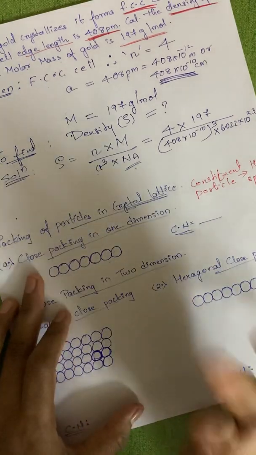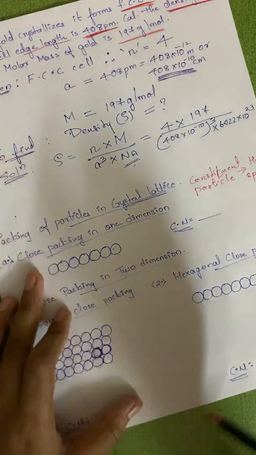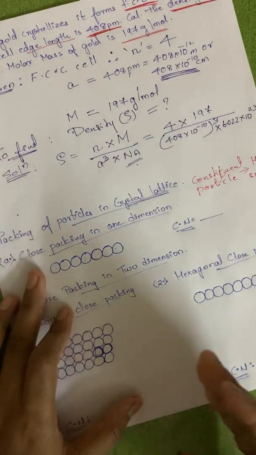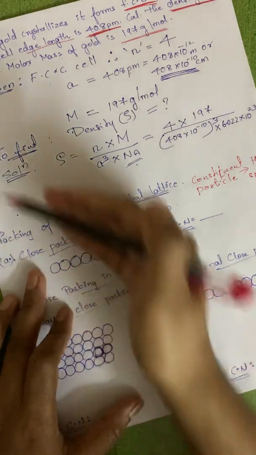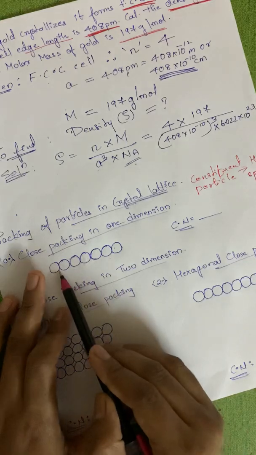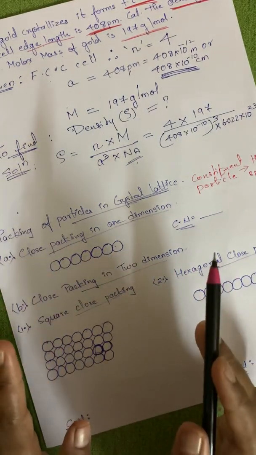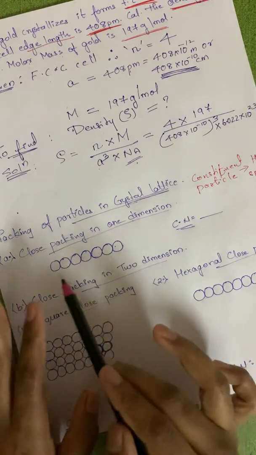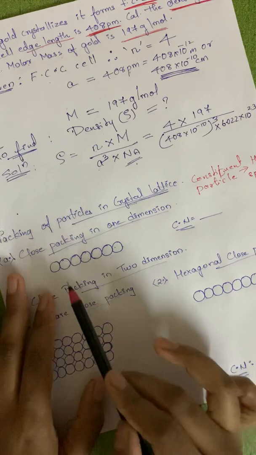If it is two dimensional, what do you mean by that? Any two axes will be there, that means any two directions will be followed. So understand that. One dimension, only one way, either it will be this way or straight. If we write, both are one and the same. That means it is only one row. Either it can be vertical or it can be horizontal. So to understand, we have done this.